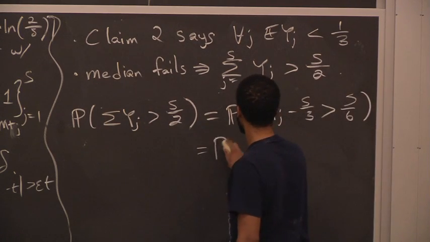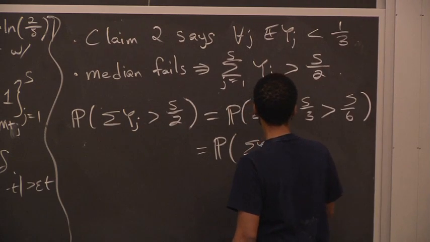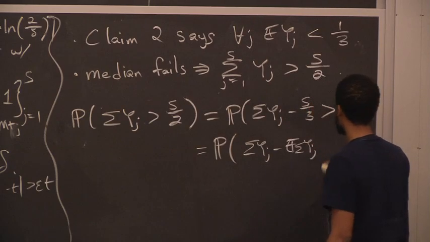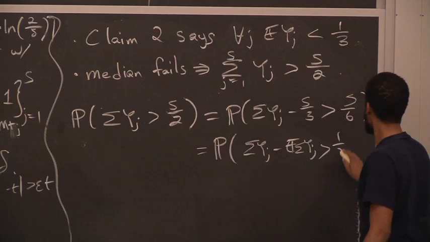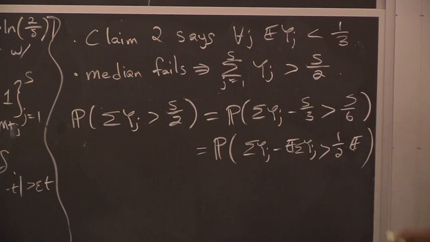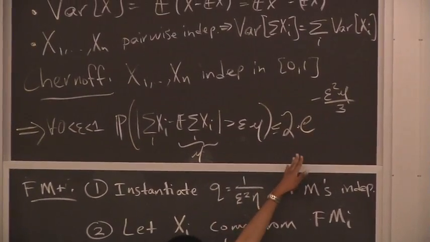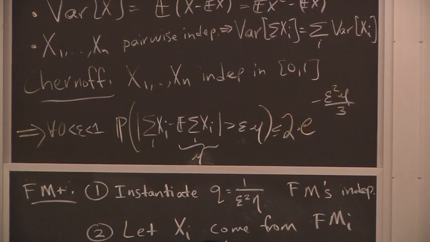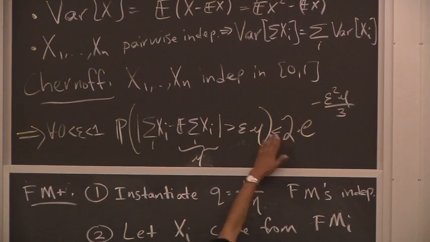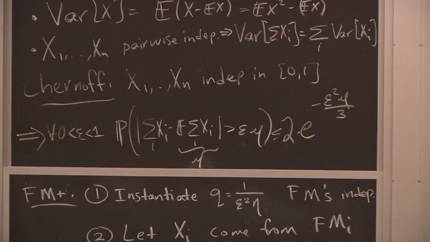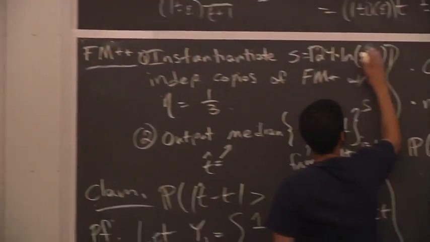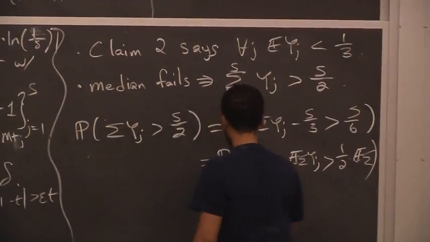So now this is equal to the probability that the sum of yj's minus the expectation of the sum of yj's is bigger than 1/2 times the expectation of their sum. And this is exactly the setup of Chernoff. I have independent random variables, my yj's, which are between 0 and 1. The probability that the sum deviates from its expectation by more than epsilon times the expectation, where epsilon is now 1/2, is some exponential decay. Actually, you don't even need this 2 if you remove the absolute values. We don't have the absolute values, so I could have made this 2 a 1. So this thing is at most